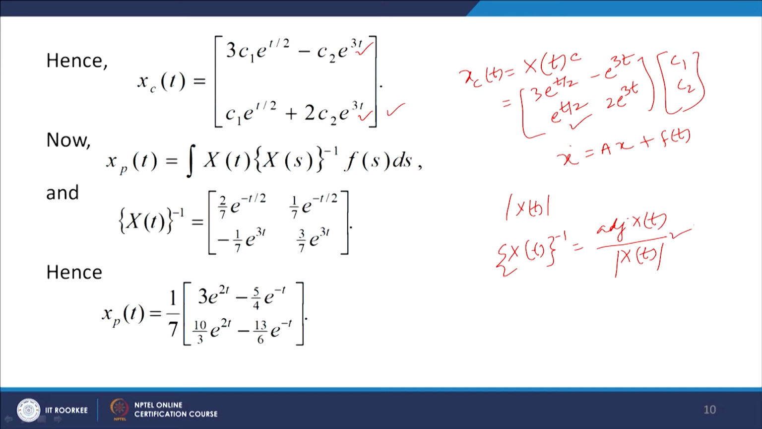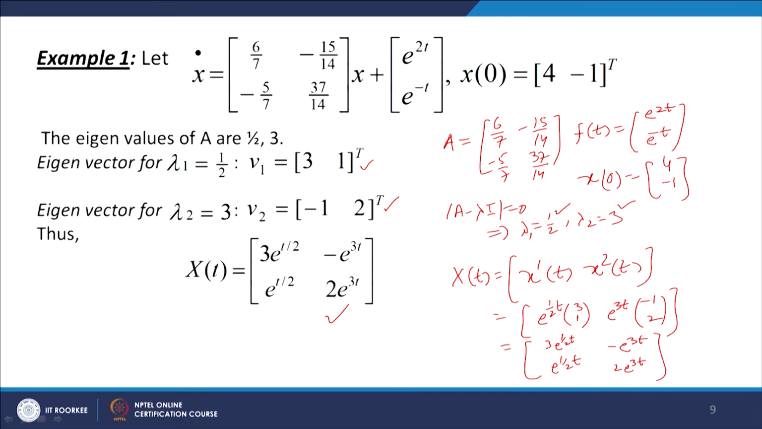Now, when you do this, you will get the matrix X(t) inverse equal to 2/7 e^(-t/2), 1/7 e^(-t/2), -1/7 e^(3t), 3/7 e^(3t). Hence, you now put this X(t) inverse here. So you have X(t) with you, then X(s) inverse, which will be 2/7 e^(-s/2), 1/7 e^(-s/2), -1/7 e^(3s), 3/7 e^(3s). So put that here, and f(s) is given to us as